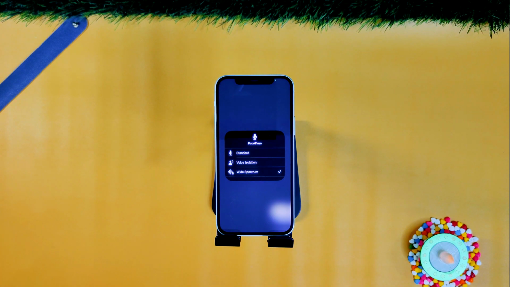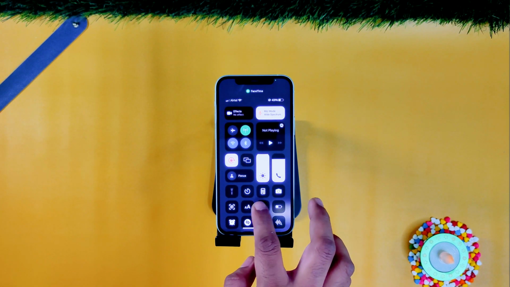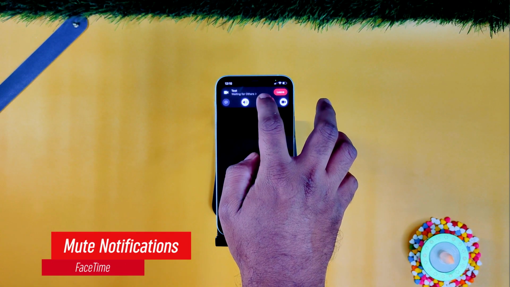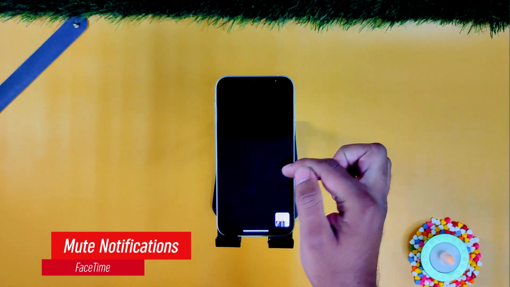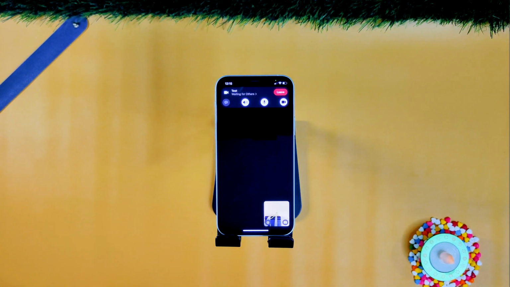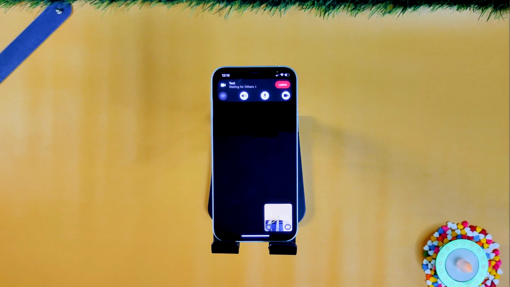Another feature related to mic and FaceTime is the mute notification. Now you get a notification if you are speaking on mute on a FaceTime call. Nothing earth-shattering here. Apart from all of these features which are already built into iOS 15, there is another feature